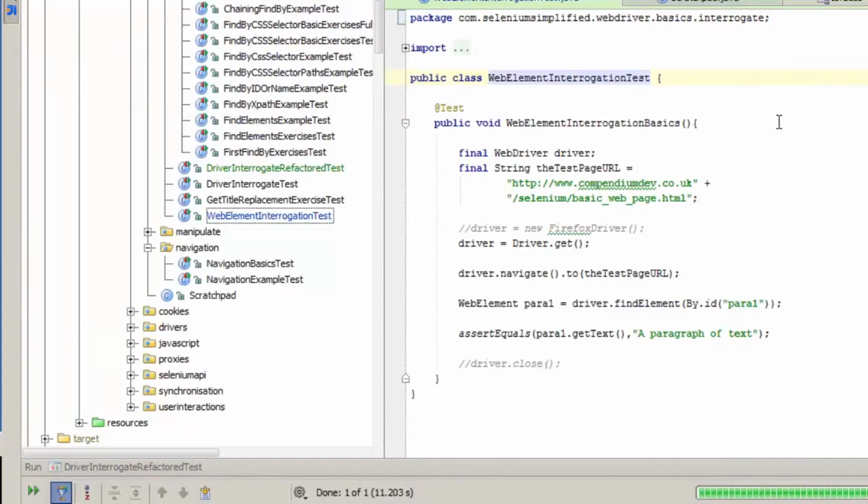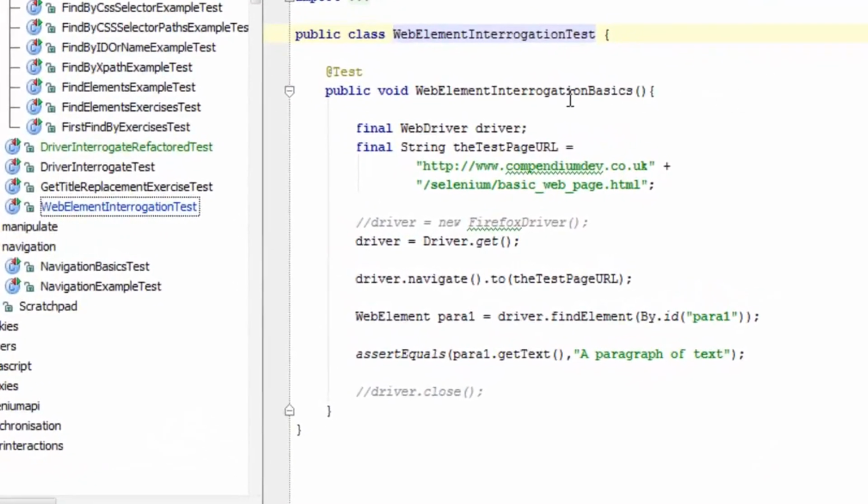Web element interrogation test, when you look in the source code. So this is the test we were just looking at. The only difference again being I'm using my helper factory class to get a driver. So you can see here we're going off to the basic web page. I navigate to it, then I do a findElement on the driver by ID. So this web element,